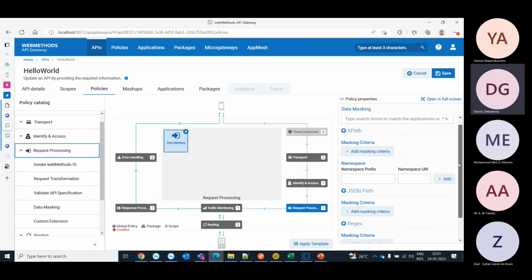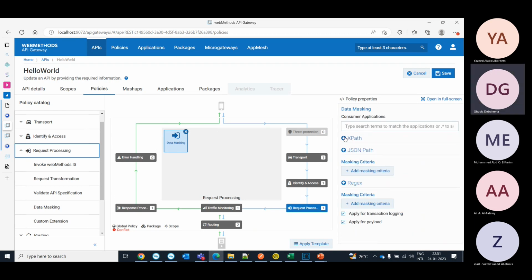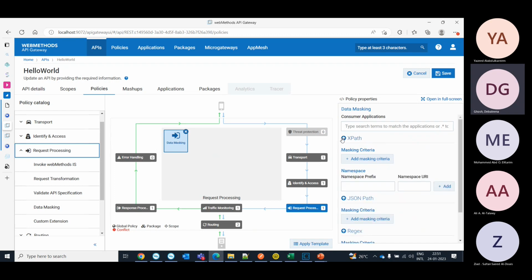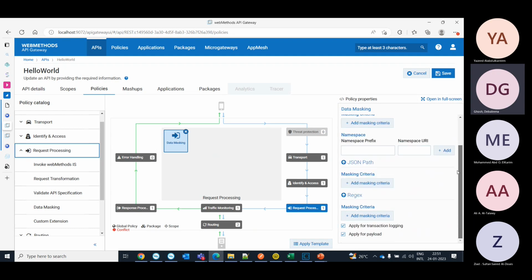First of all, if we know which field is going to contain sensitive information, then based on the type of the message, whether it is an incoming XML or JSON, we can identify the field using an XPath expression or JSON expression and decide the masking criteria. So for example,